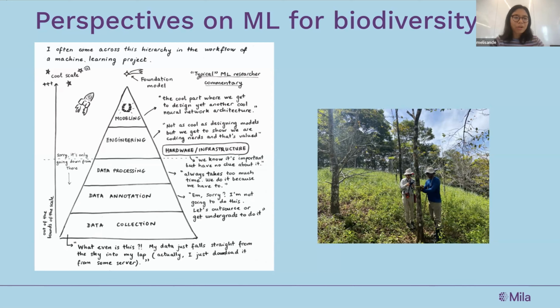So with this eBird and Sadbird and Sadbirdfly project, I guess some of my checklists might have ended up in the training set, but this is citizen science, so I didn't have to go in the field. But I have another project for tree monitoring, for which I get data about tree measurements. And I think there are a lot of things that I would never have realized if I had not been